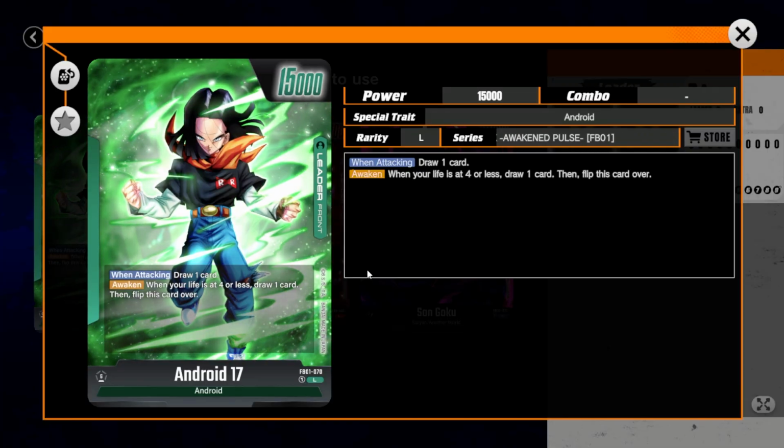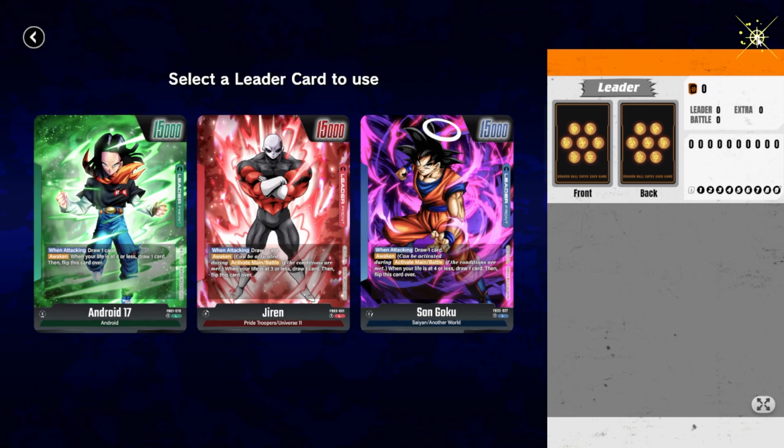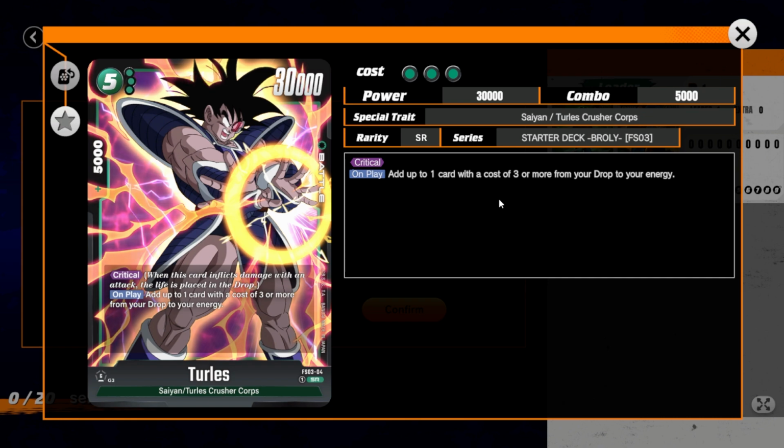And then we got Android 17. You know Android 17. Draw 1 card, 4 or less life, flip him over. And then if you're 6 or more energy, it gets plus 10,000 power, and you get to draw a card. Green does have a lot of good ramp in it. Let's go green. Let's get Android 17. We're gonna start off with